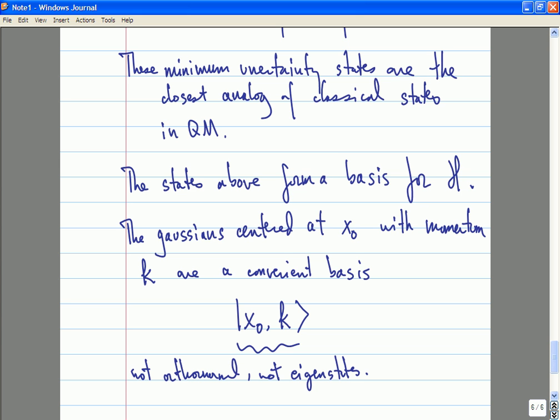How would you go about deriving the minimum uncertainty states? Well, you write down the definition of a minimum uncertainty state, and you regard that as a differential equation for your wave function. And then you solve that differential equation. Indeed, I challenge you to prove it. I'm handing out a problem set today. This is not one of the problems, but you should do it if you wish to please the great physicist in the sky.